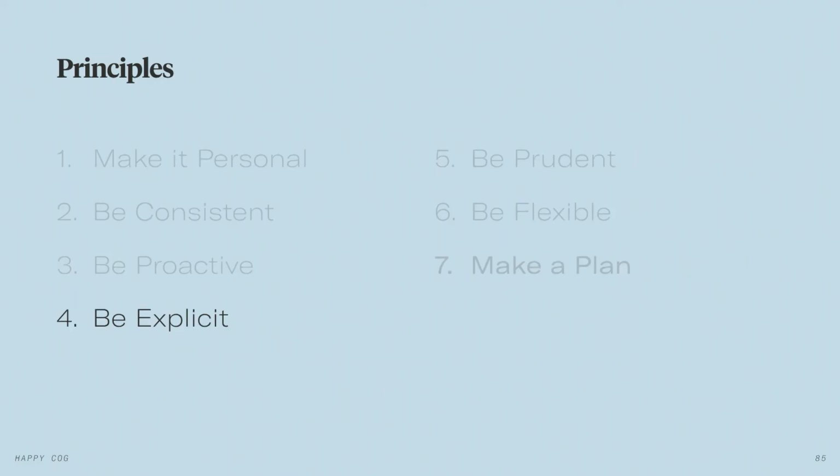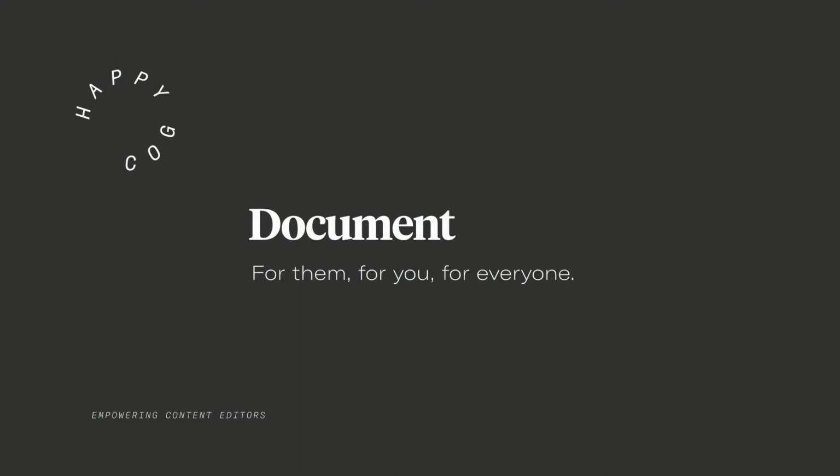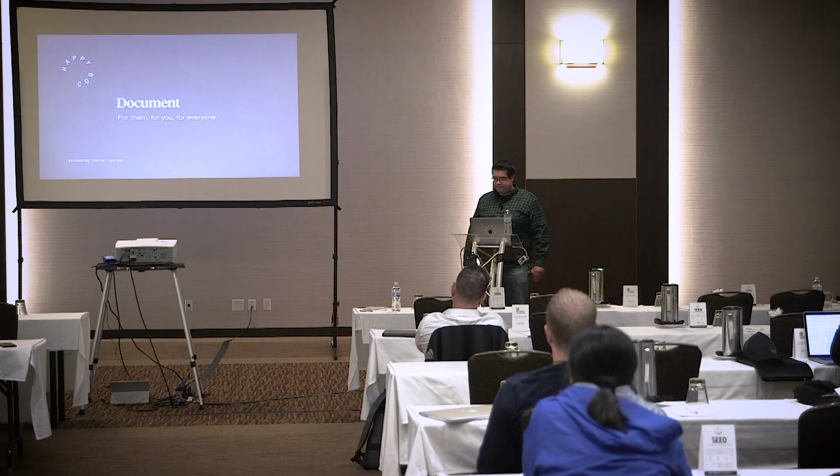So let's look at being explicit. So we've done something crazy, like built them CSS in our CMS. Being explicit means we're going to document that for them, explain to them how to use it, along with all the other features of their CMS. We can't just hand it off to them and expect them to figure it out. So there's a couple ways that we can do this. There's some more passive ways to do it, and then there's some explicit ways to do it.